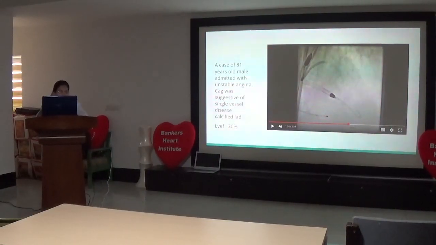How can an unstable angina have an ejection fraction of 30%? If the injury has occurred very recently, like the patient has presented after 10,